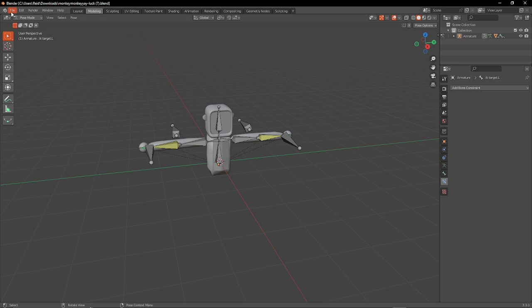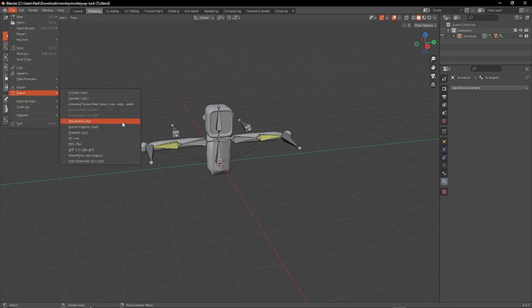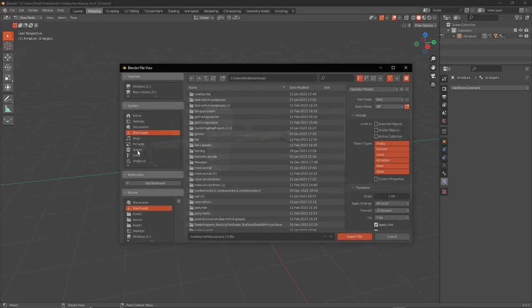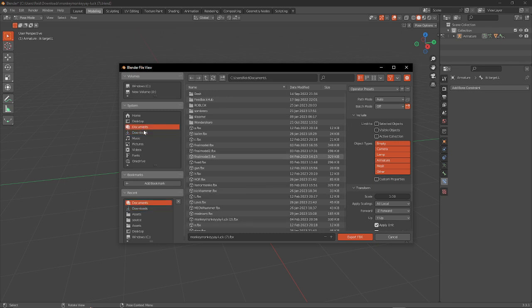And now what you want to do is click File, Export. You want to click FBX, and you want to add this to whatever models folder you have. I'm just gonna put it in my documents. I'm gonna call this tutorial model,